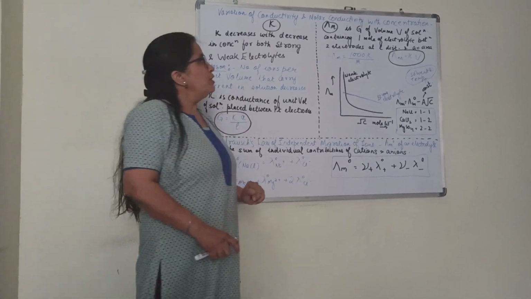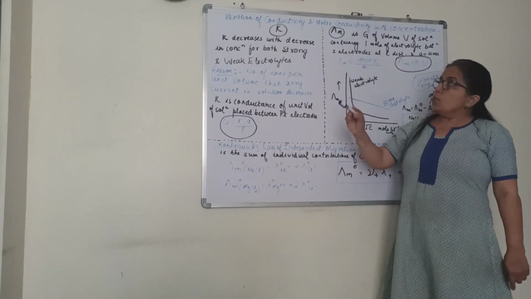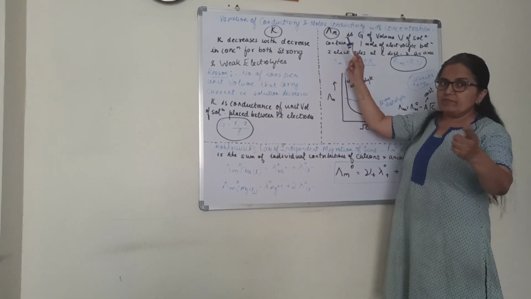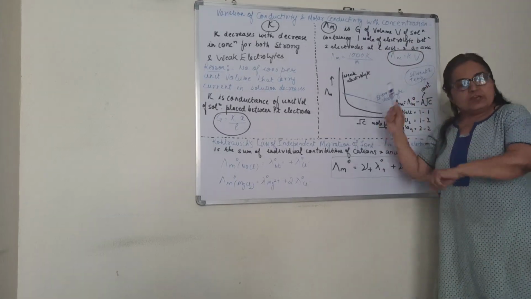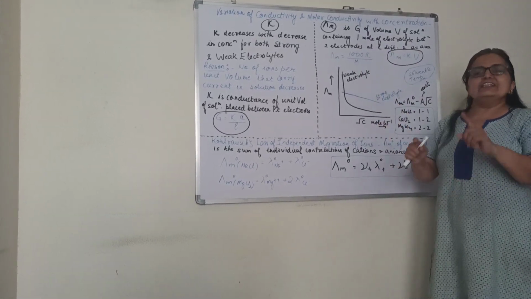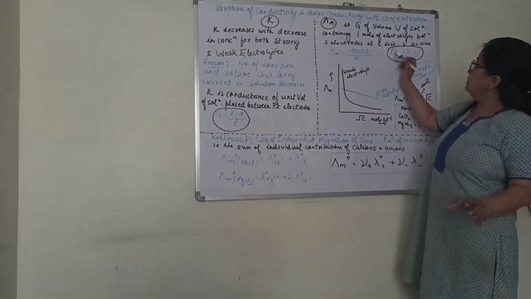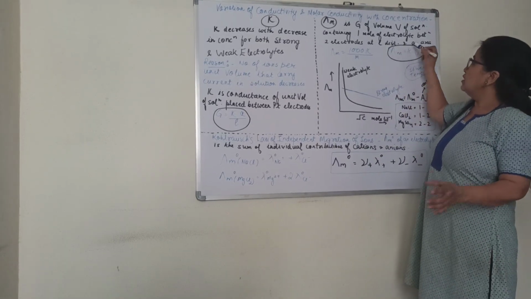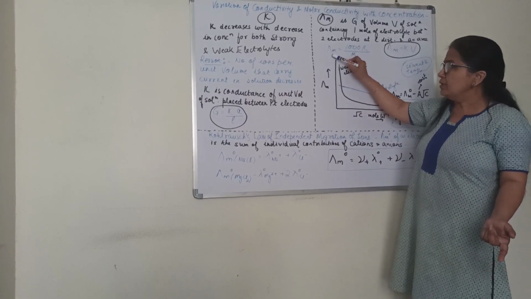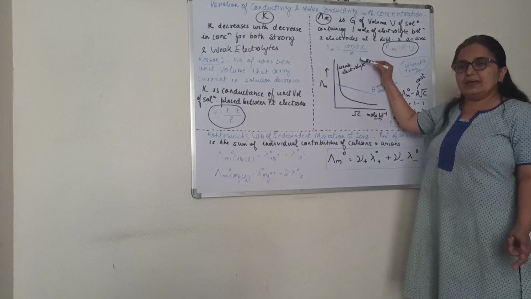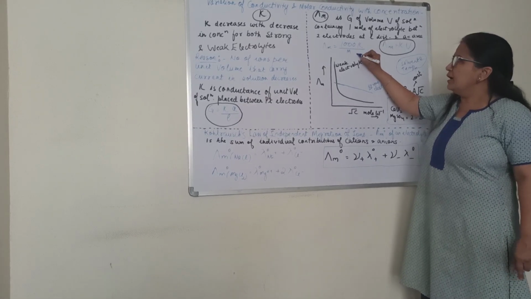Now second, we will be talking about molar conductivity, that is lambda m. What was lambda m? Just to revise, I have written the definition once again. It is conductance of volume V of the solution that contains 1 mole of the electrolyte present between the two electrodes with the distance L and A being the area of cross section. So this was the formula we have done in the last video. Lambda m is 1000 kappa by M. What was this? This was kappa divided by the molarity.